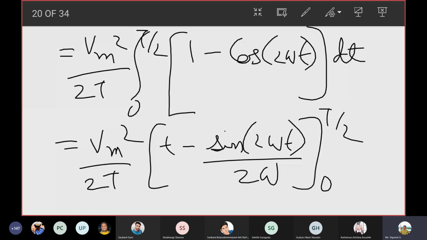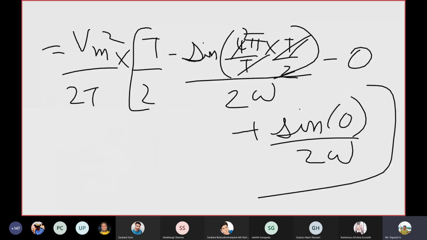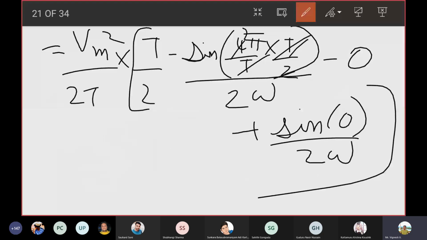Oh, come on. Integration you should do. I'm doing it for your reference, okay? I expect you to do this. All right. You have crossed the age where you should be knowing how to do integration.